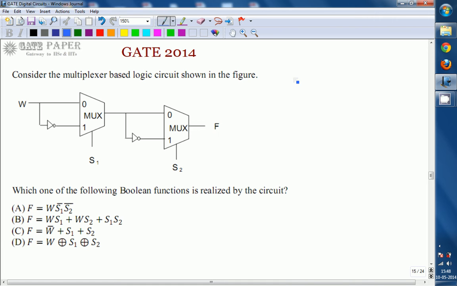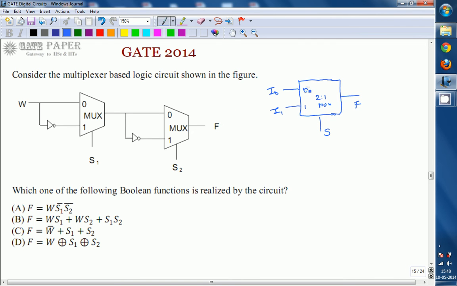If you are looking at this circuit, generally a multiplexer output function can be written in this way. Let us assume we are going with a 2 to 1 multiplexer, which consists of two inputs, one select line and one output. Let us assume the output is f, the inputs are I0 and I1, and this is select line S. A multiplexer implements a sum of products expression, so f must be a sum of products, where products are generated first and then summed up.